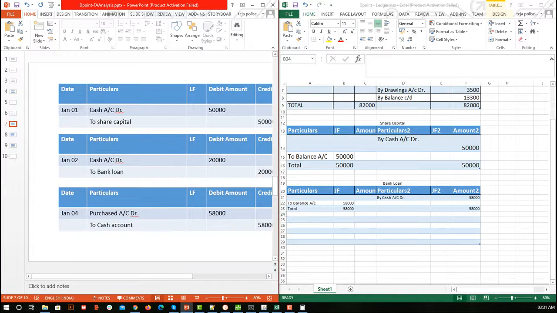Similarly, now we are done with the cash account, share capital account, bank loan account. Next we have the purchase account. Okay, so I hope you understood the concept. So I will create the tables for all the accounts and then we'll focus on summarizing this. With respect to this table creation, if you have any queries, please let me know. I'll pause this and create all the tables, then we'll move on to the summarizing part.